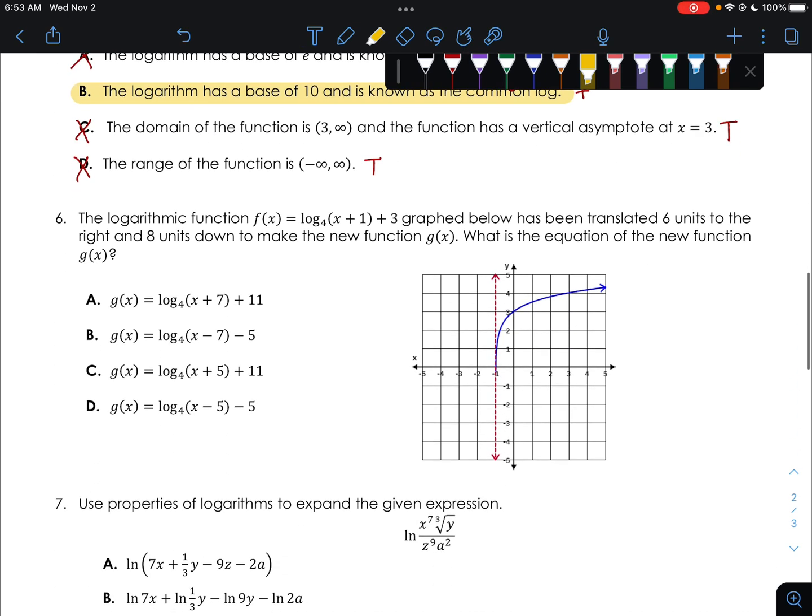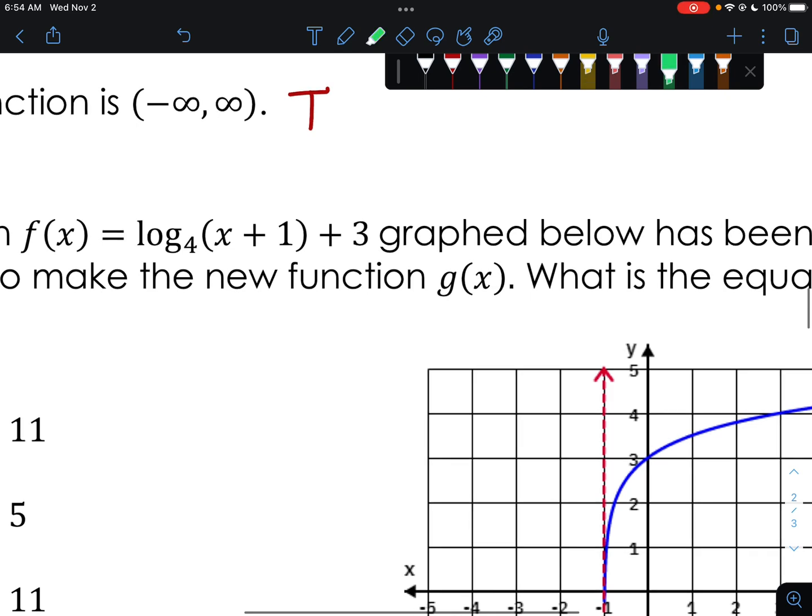Looking at the next one, the logarithmic function f of x equals log base 4 of x plus 1 plus 3, graph below, has been translated 6 units to the right, 8 units down to make the new function g of x. What is the equation of the new function? So here we go. First off, let's talk about this right here. This has been moved 1 to the left. So it went to the left 1 unit. And it has been moved up